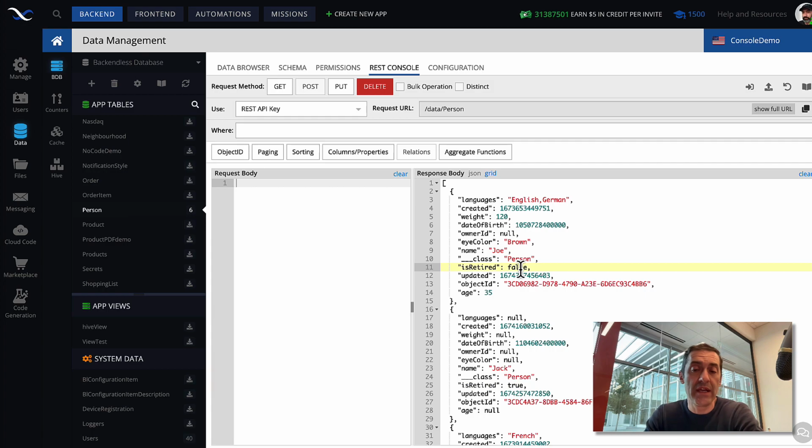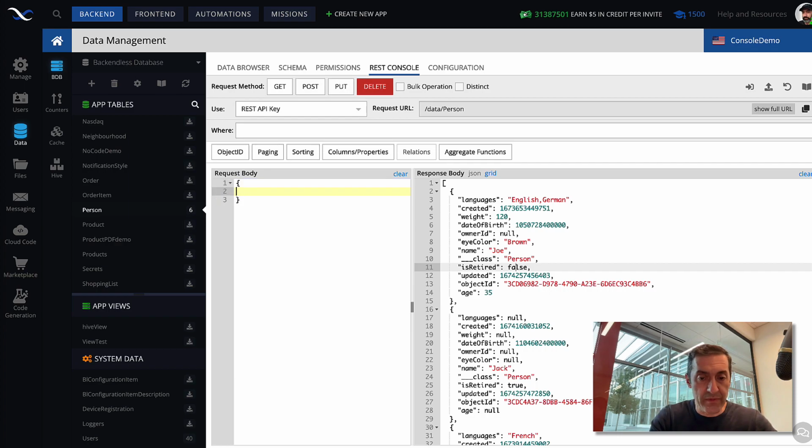The Boolean data type is actually part of JSON. That's why we see false and true without double quotes, and they are a special Boolean type in JSON. So this is how the data will be returned back from Backendless. And likewise, whenever you save a new object in Backendless, you would also use false or true to designate the actual value. So let's create